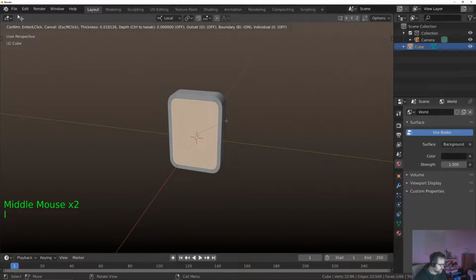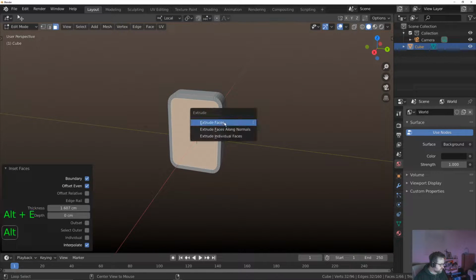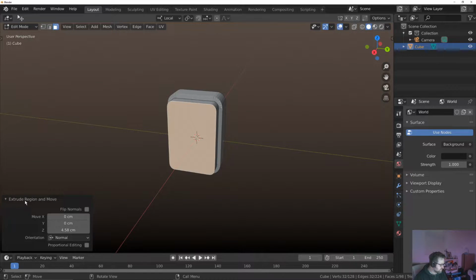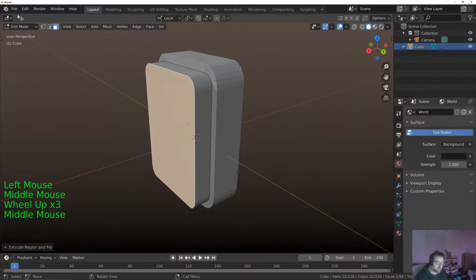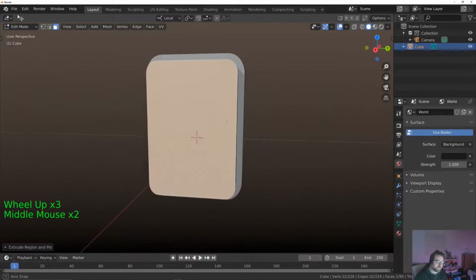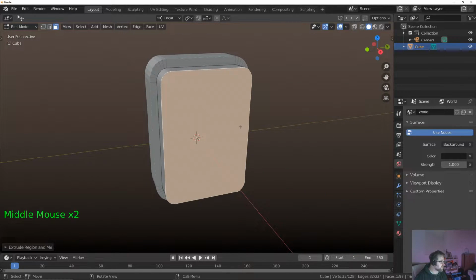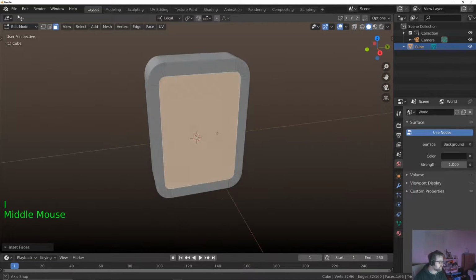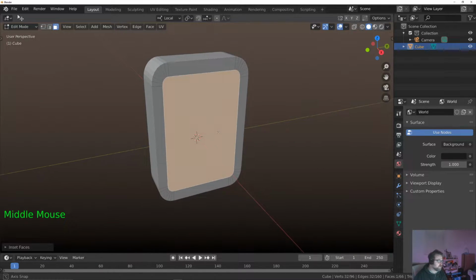Not too much, and I'm going to go Alt and E and extrude the faces. Just going to make that go smaller, and that's about right. To be honest, no, I think I'm going to set it a little bit further,